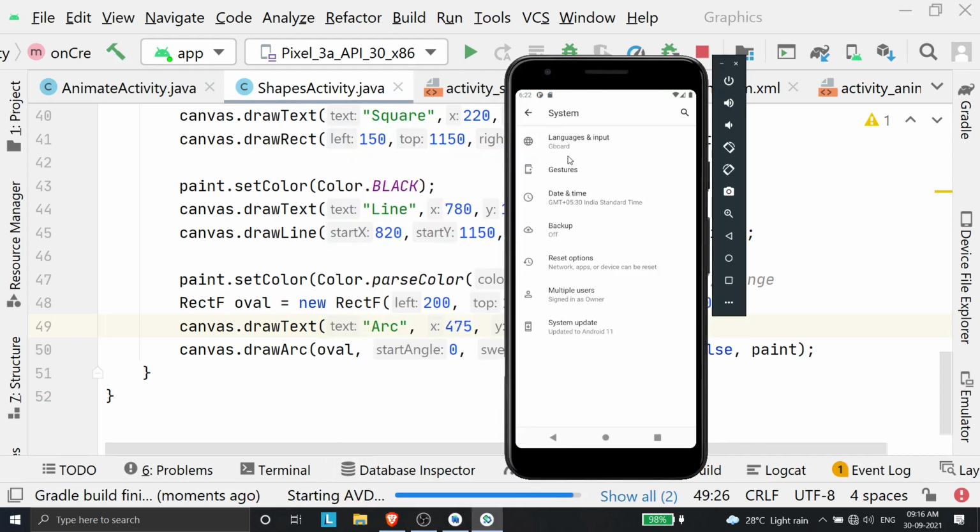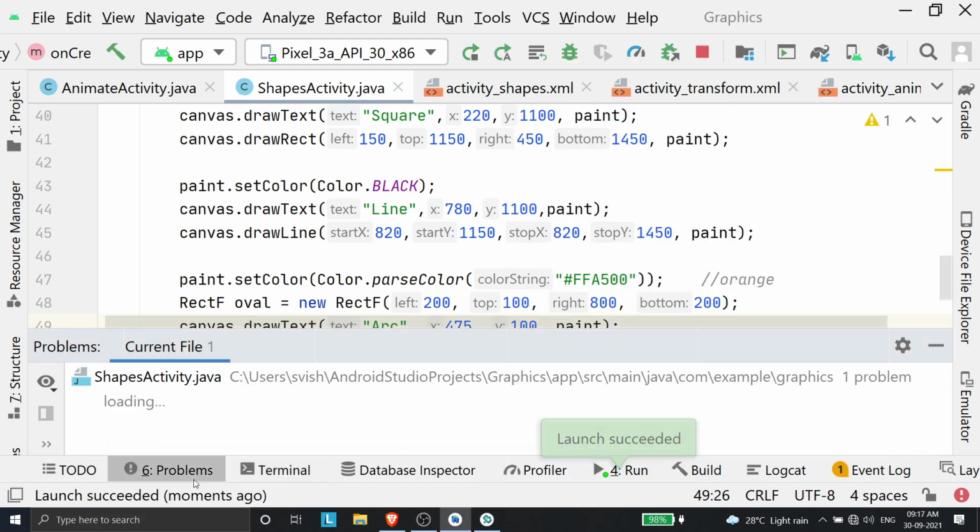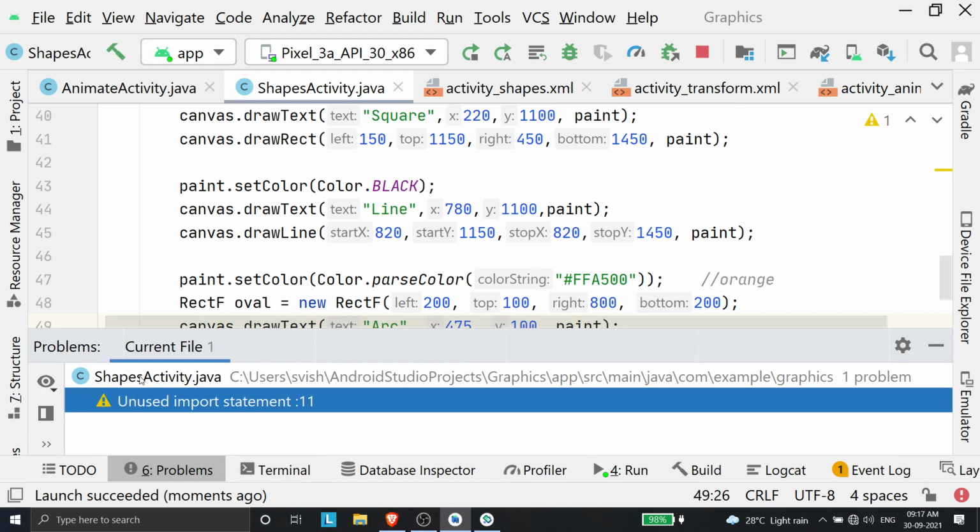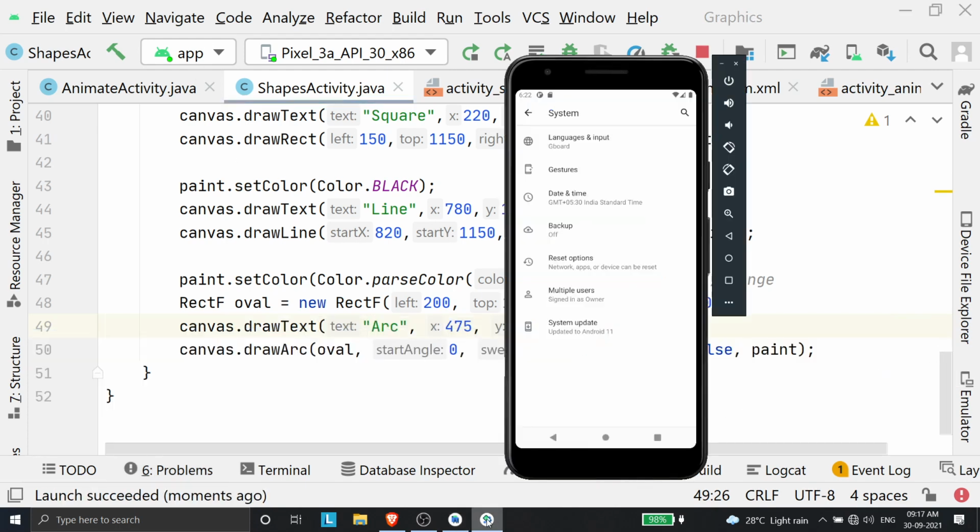Okay, so the system has started. Just wait a second. If everything is perfect, it will say launch succeeded over here. Otherwise, it will throw some errors, and you can view those errors in the terminal or in the problems. Sorry, not in the terminal. You can view those in the current files. Like here, for now I just have a warning because I'm not using that import. But otherwise, if there are errors, they will appear in red, and you might need to fix those errors. That's what this is about.